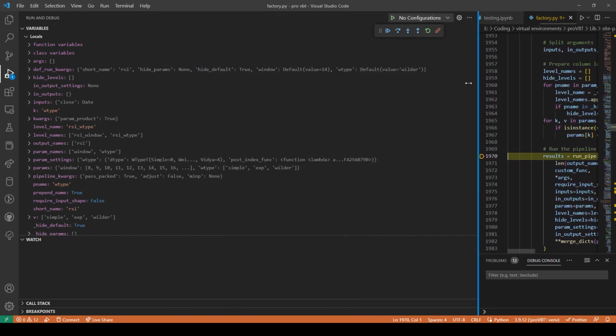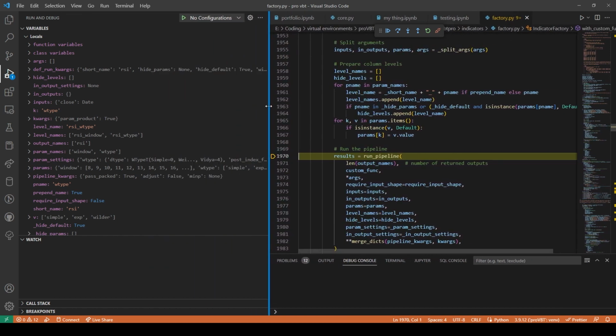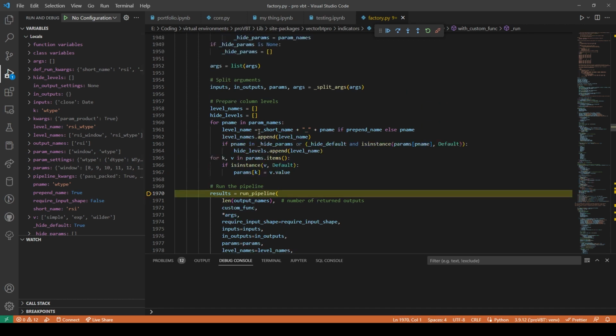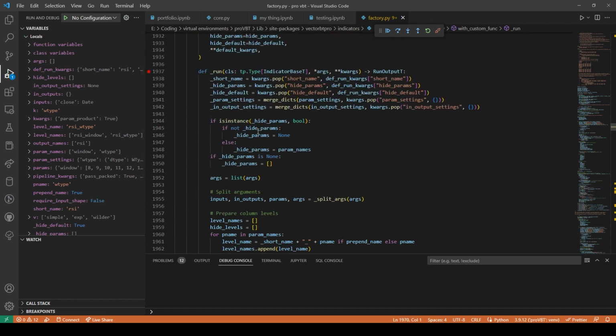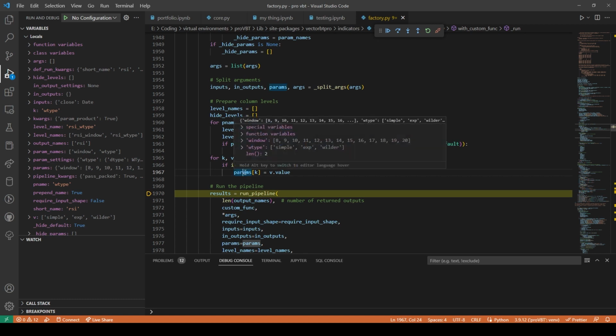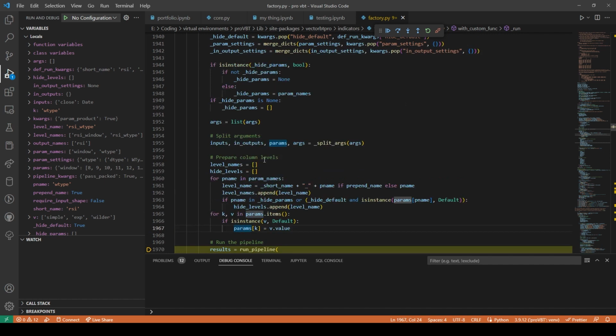Where is our data? Here we are. Params. Oh, here we go. Split args. Args. There is no args.